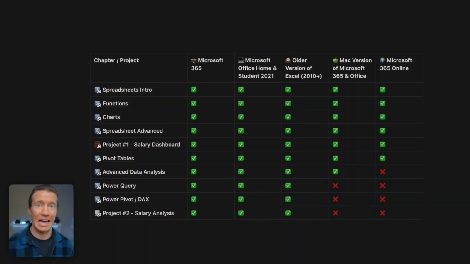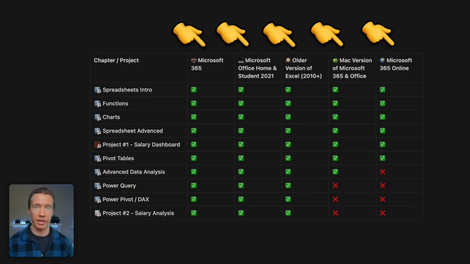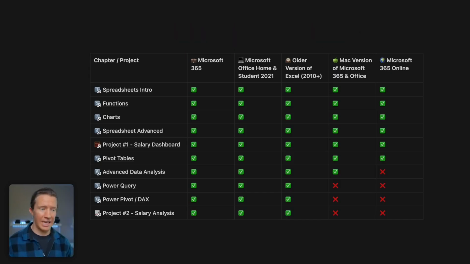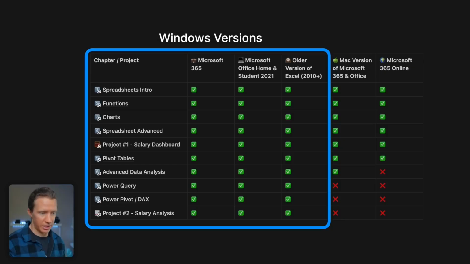Now, here's a breakdown of the different chapters within this course. That is the rows here. And then for the columns are the different Microsoft products that you can get in order to have Excel. Now, if you're running Excel on a Windows machine, either through Microsoft 365, Microsoft Office at Home and Student, or even an older version of Excel up to about 2010,